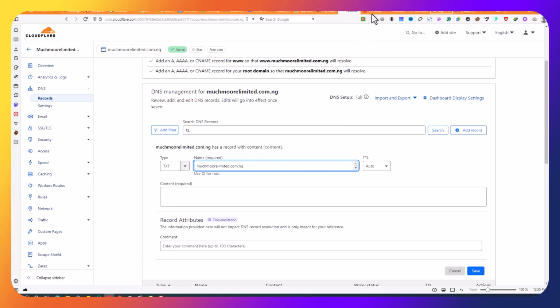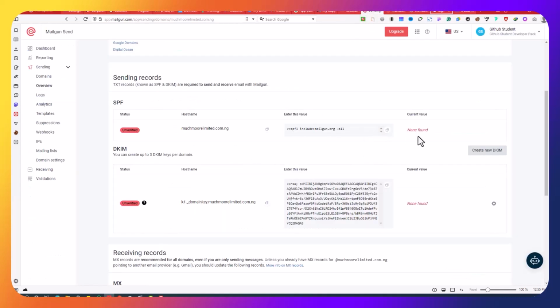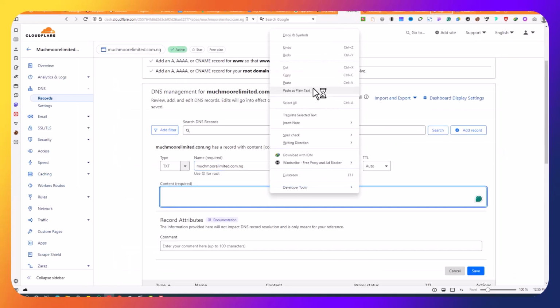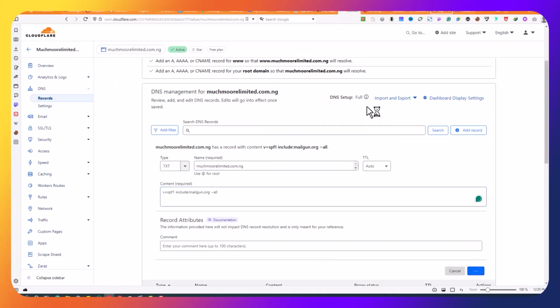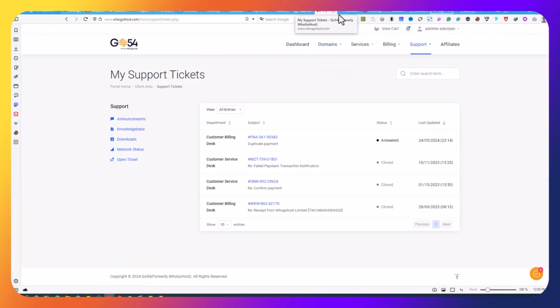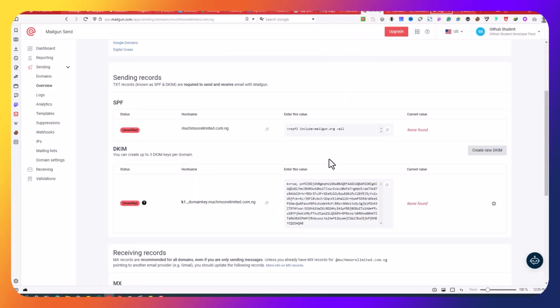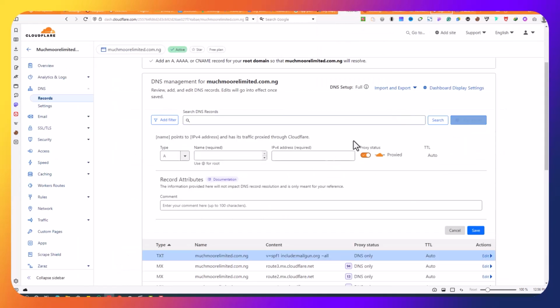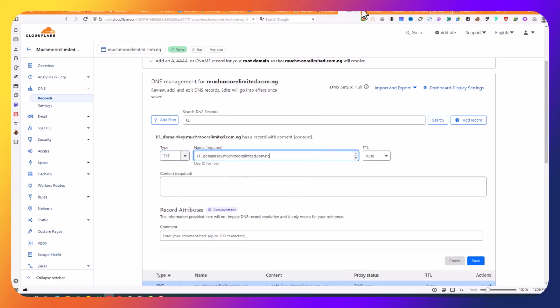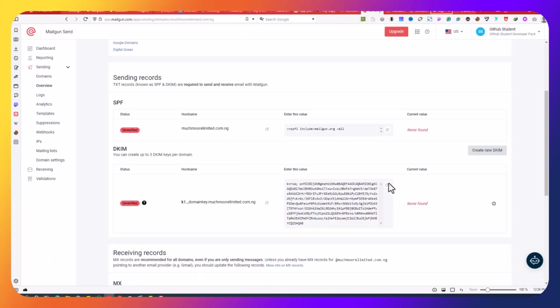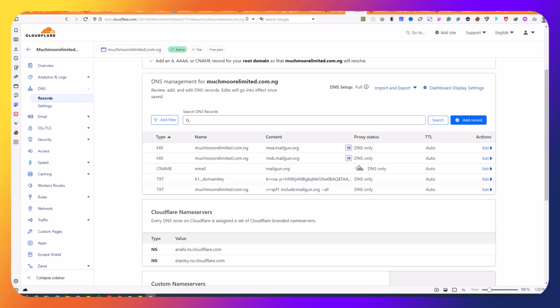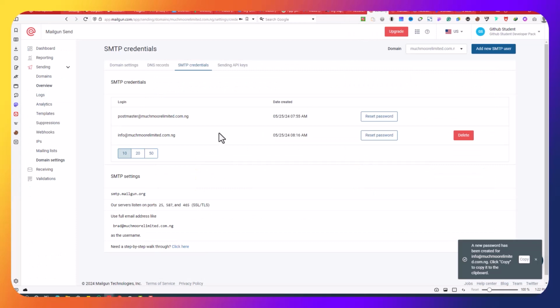You can drop the name or you use at. Quick one, let's be fast about it. Another test record. So when you click on add, when you want to add the domain,